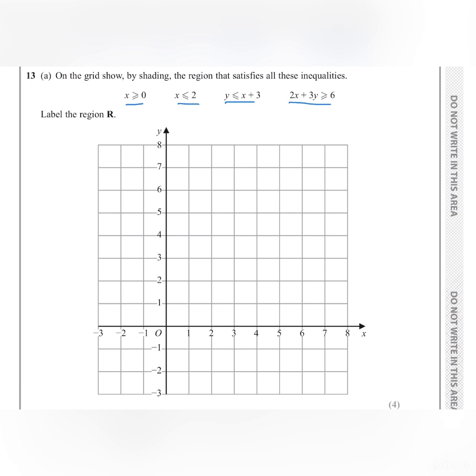It says x has to be bigger than or equal to 0. So we know that x is 0 on this line, basically the y-axis. So we can draw in our line on here, which is the x equals 0 line. Now anything on this side would be bigger than, so that is the region of interest so far to us. Now the next line